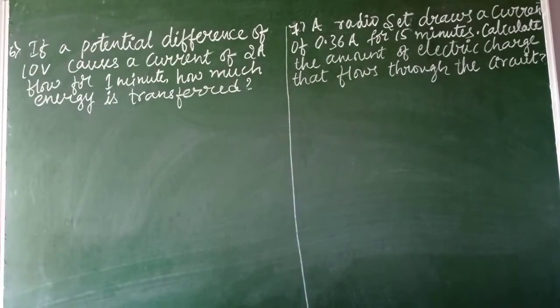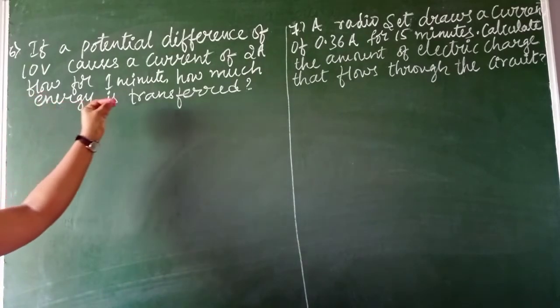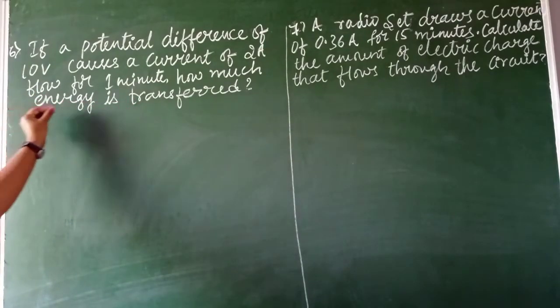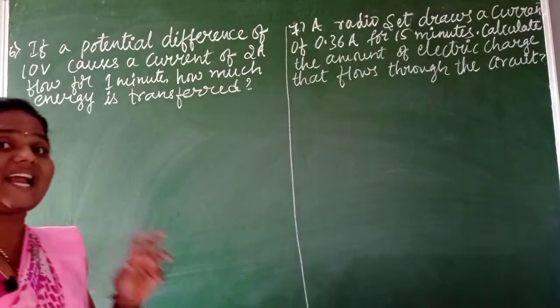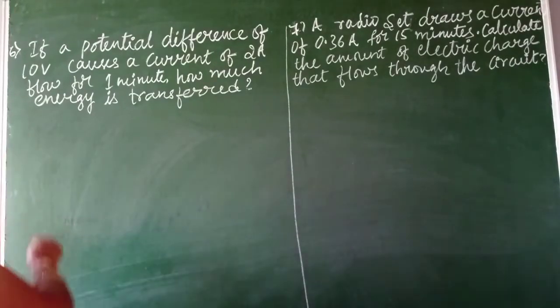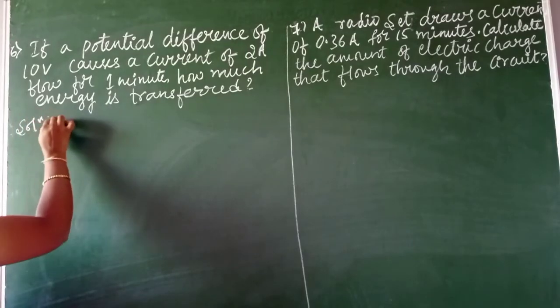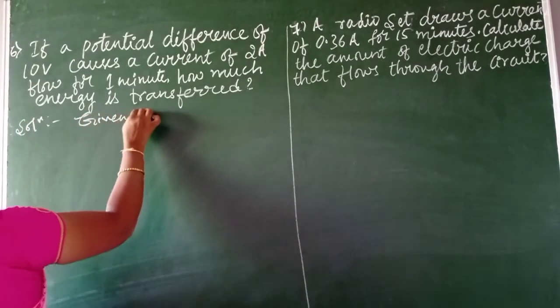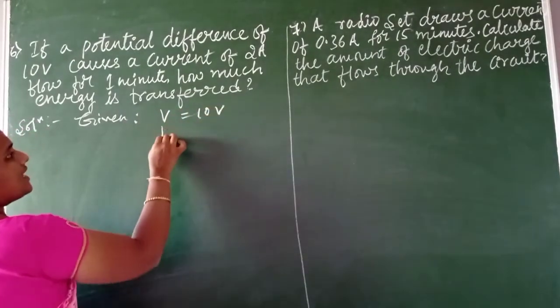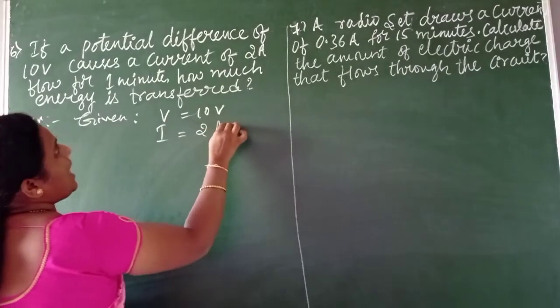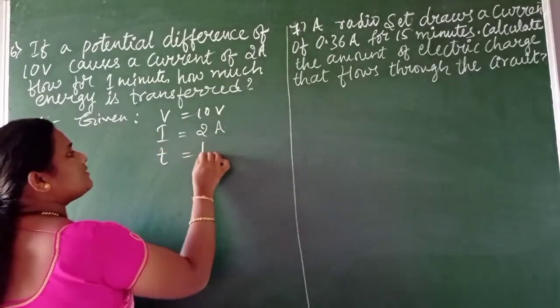The question comes: if a potential difference of 10 volts causes a current of 2 amperes, meaning the voltage of 10 volts is making a current of 2 amperes flow for 1 minute, meaning the duration they have given is 1 minute, then how much energy is transferred here? So what are the given things, children? That is V is equal to 10 volts, current I is equal to 2 amperes, then time is equal to